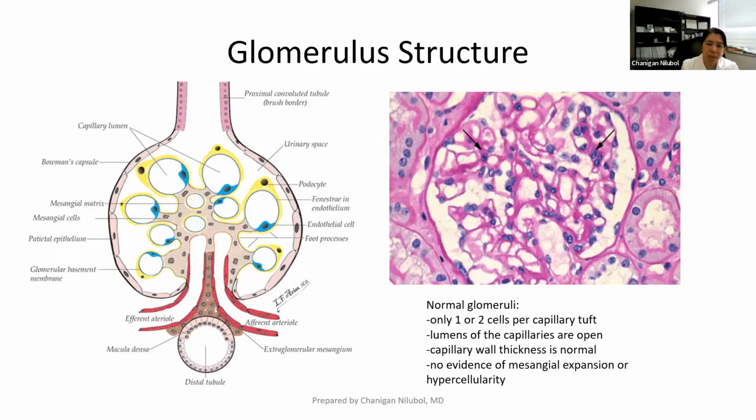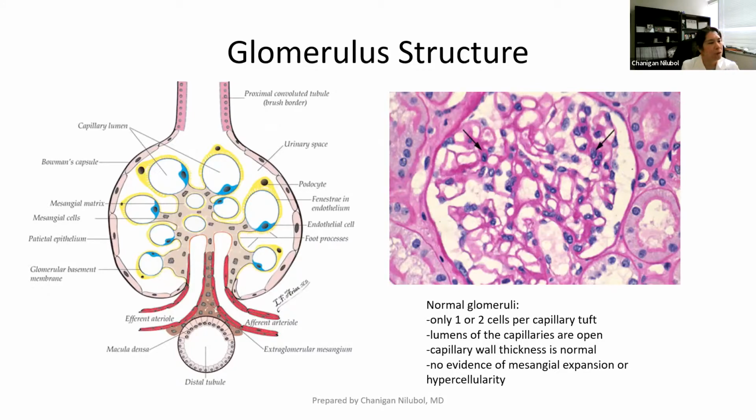Then you have the arterioles, which depending on the cut we don't always see. Normal glomeruli would have 1 or 2 cells per capillary tuft, and the lumens of the capillaries,